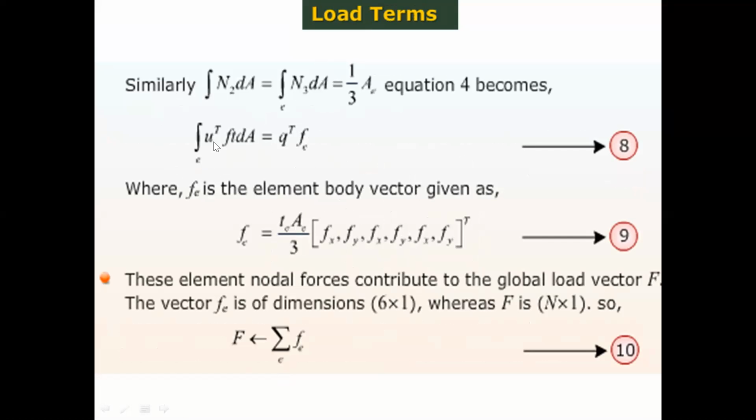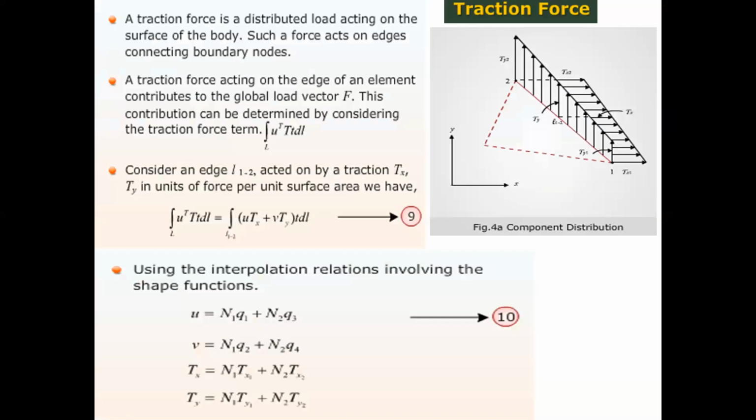Then the area integral of U transpose F dA is Q transpose into the equivalent load. That equivalent load is nothing but thickness into area, which is a volume, by 3, times the components Fx, Fy at node 1, Fx, Fy at node 2, Fx, Fy at node 3, transposed. Similarly, we can go for the equivalent load matrix, and you can consider the traction